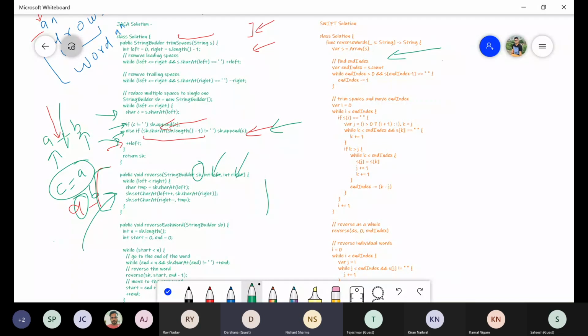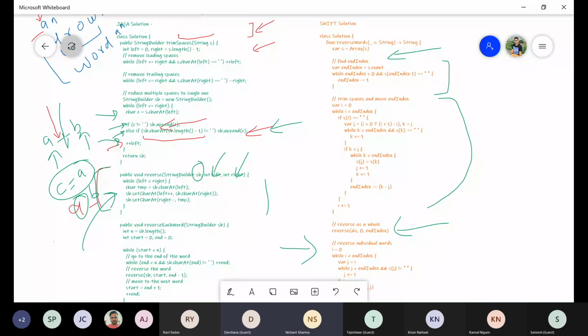Then we find the end index, trim the spaces and move the end index to the last. Then we reverse the complete string, and then we reverse the individual words. So the logic is the same. First we remove all the spaces. Second, we reverse the complete string. And third, we reverse the individual words. Any doubt here?